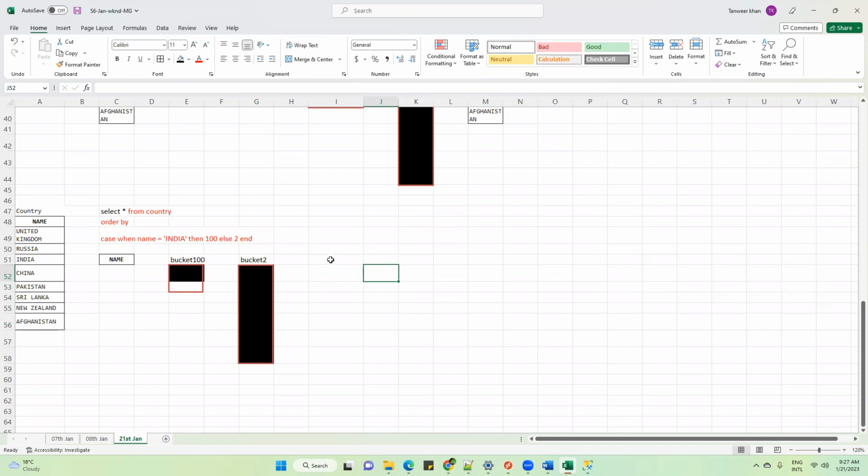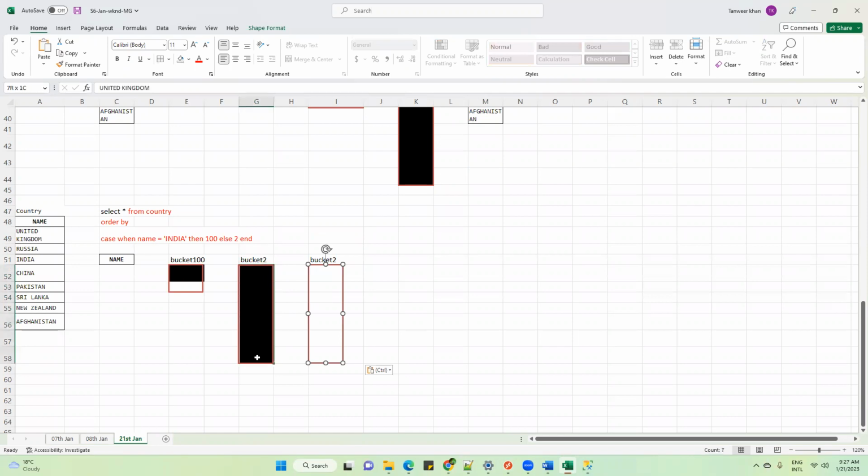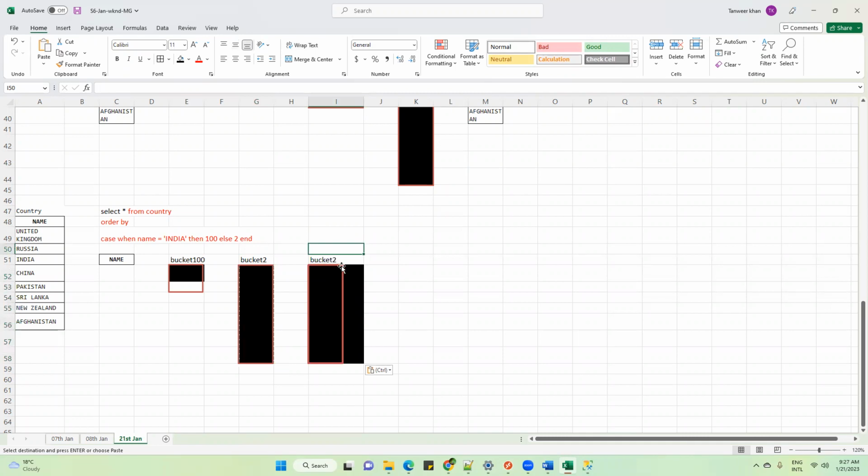Bucket 2. Bucket 2 will be placed at the top. Let me copy this bucket and this value. Bucket 2, and then this is your bucket number 100 after this.